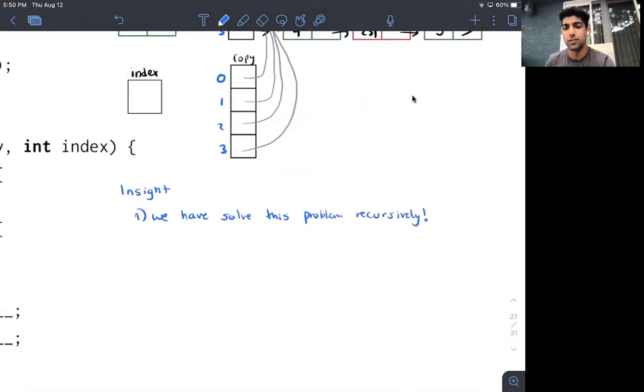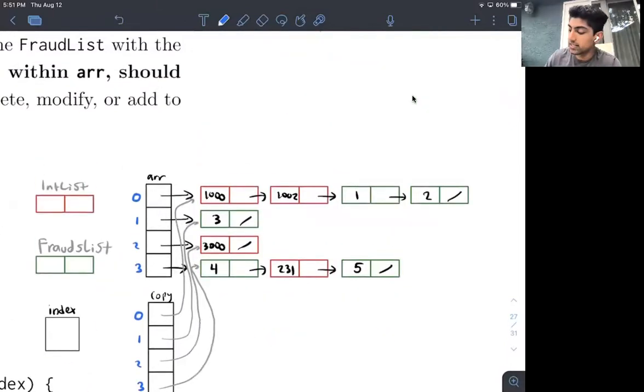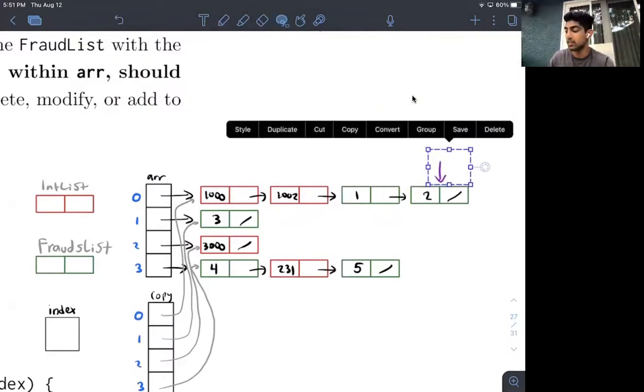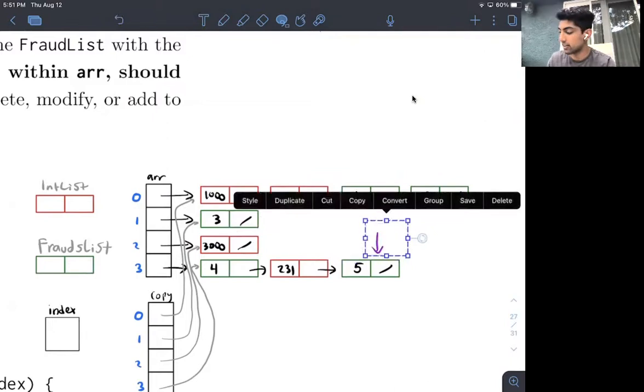Okay, so like how exactly could we solve this recursively? Well, one way that we could solve it recursively is that I could always have a pointer to the current link that I'm at. And then every time I keep changing this int list, right, until I have pointed to every single link. That's like one way of thinking about it.